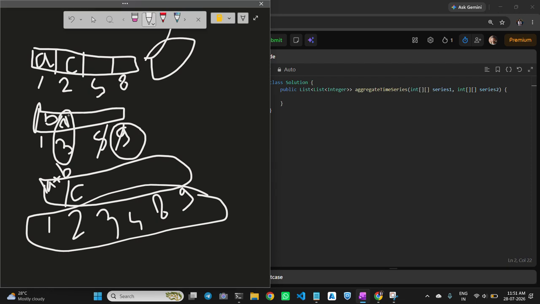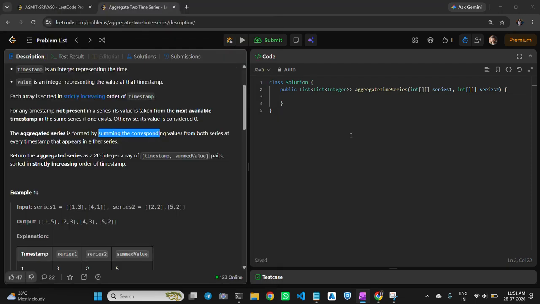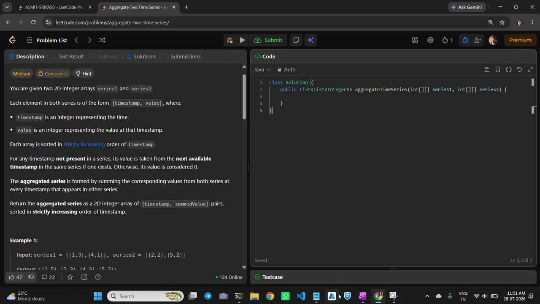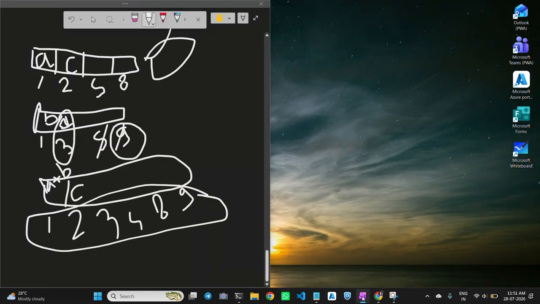Sorry, I made a mistake. Previously it was mentioned that if the timestamp is not present in a series, you consider the next value. So since 2 is not there in the other series, you sum it with the next value, that is d. So here it will be c plus d.